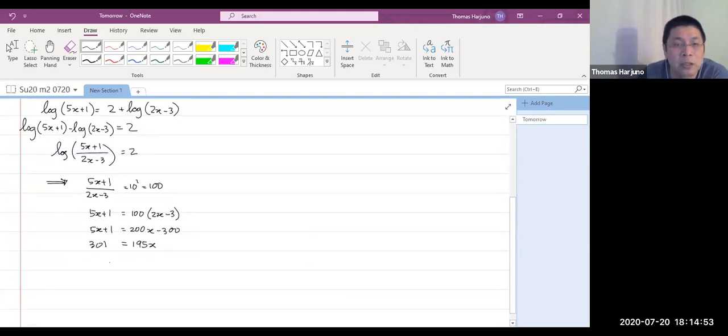Okay, so x equals 301 over 195. You can just leave it like that. Of course, if possible, reduce it. And if you use a calculator, make sure you round it to 5 decimal places. Only round your final answer to 5 decimal places. This will be